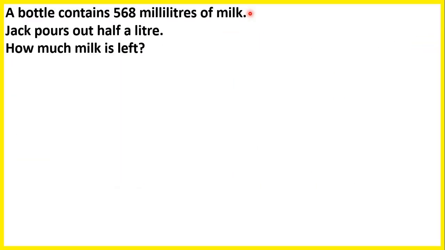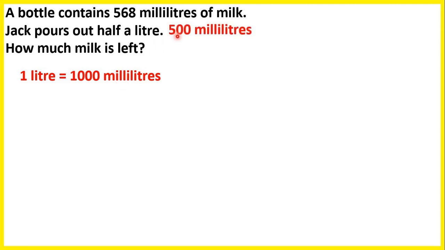A bottle contains 568 millilitres of milk. Jack pours out half a litre. How much milk is left? So we need to remember that 1 litre is the same as 1000 millilitres. So that means that half a litre will be 500 millilitres, because half of 1000, or 1000 divided by 2,